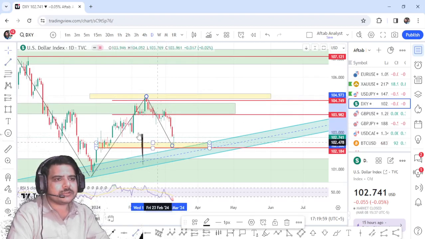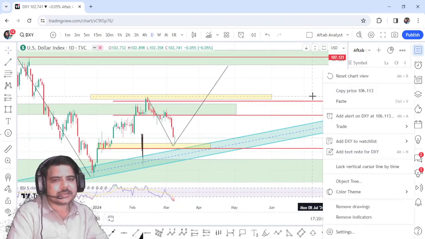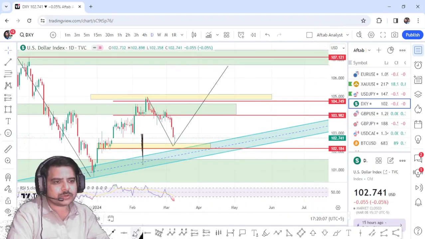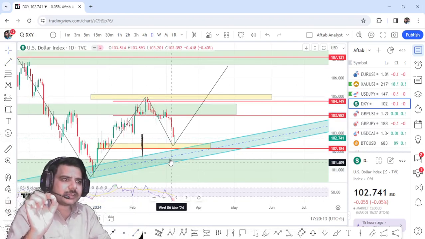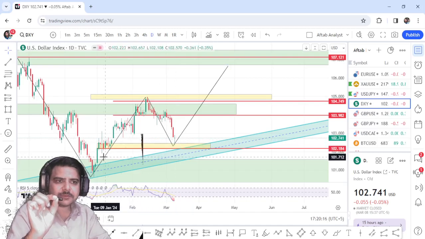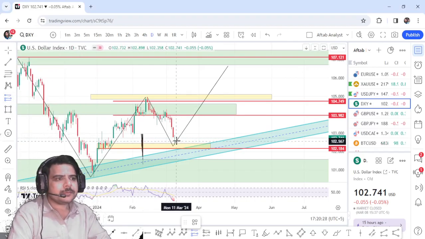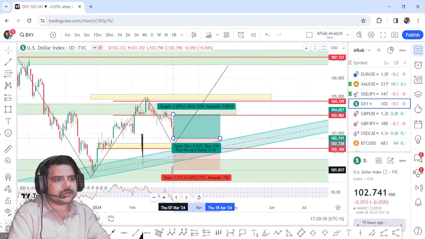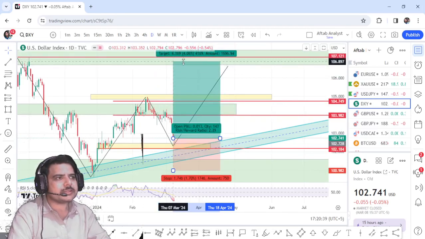And the zone, if I complete this ABCD pattern, it will be exactly completing near 107.121, which is an ABCD pattern, and this is the beauty of my strategy. Let's suppose I enter as a bull right here, I have to put a very tiny stop loss right here. It will look something like this, and it makes very nice sense. Let's say we enter from here, this is going to be the stop loss, this much, and this is going to be the take profit, almost this much.